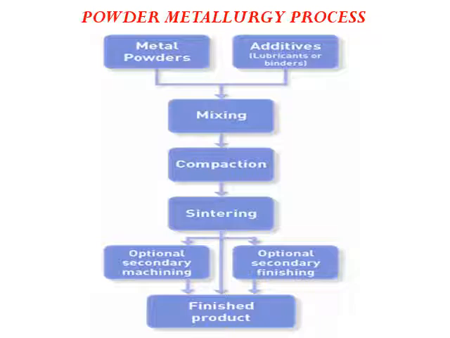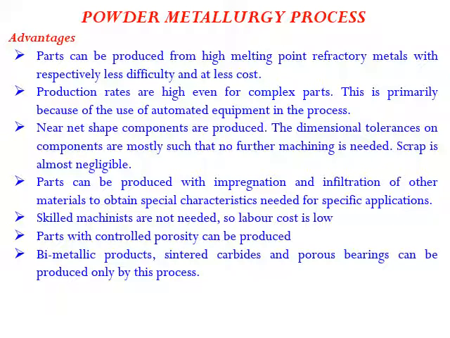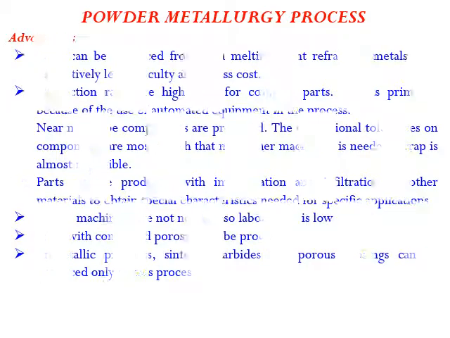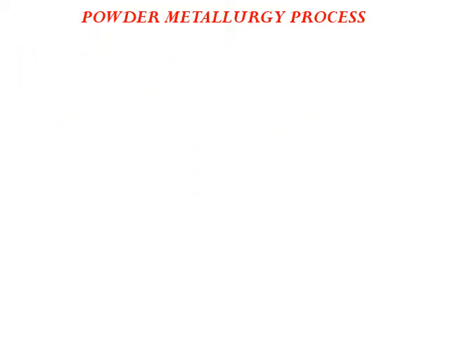Where only the tip of the tool is coated with the hard material. In such applications, we use this method to produce the end products. So these are the three general and famous methods we normally use for the production of ceramic and metal matrix composites. These are the advantages as I mentioned earlier, and a few limitations with the cost and the melting, and density of products and all.